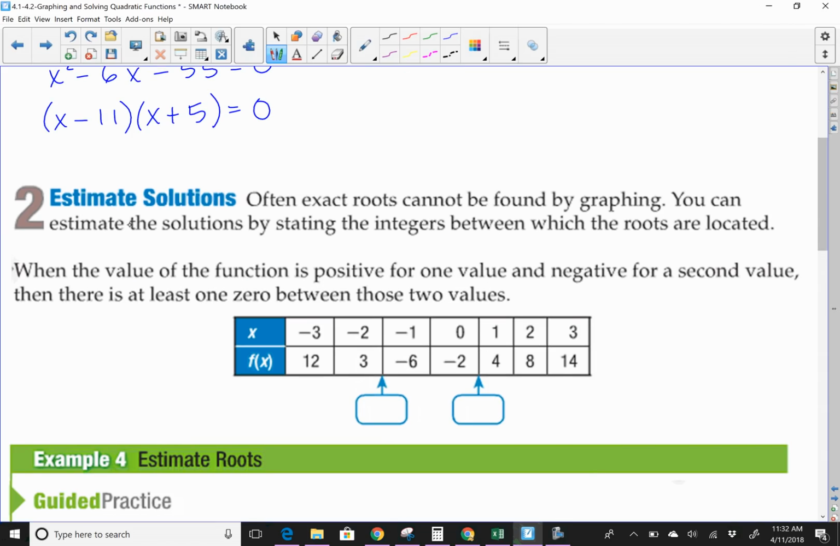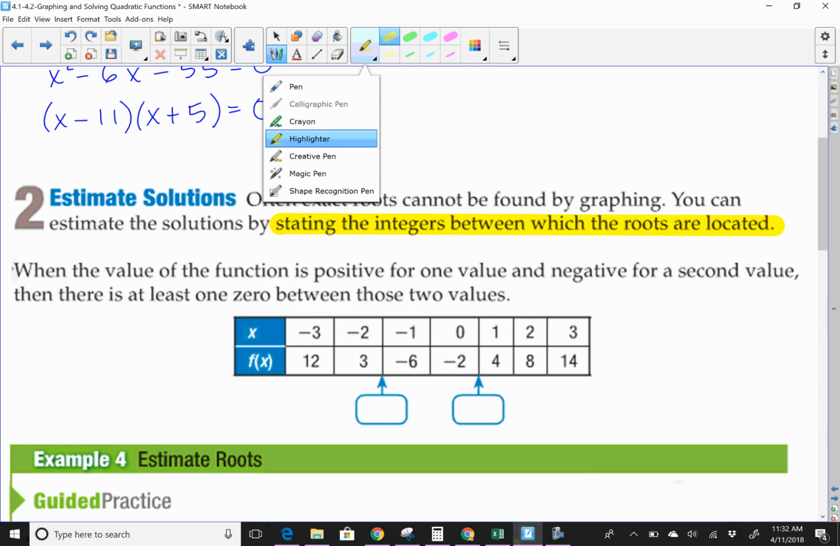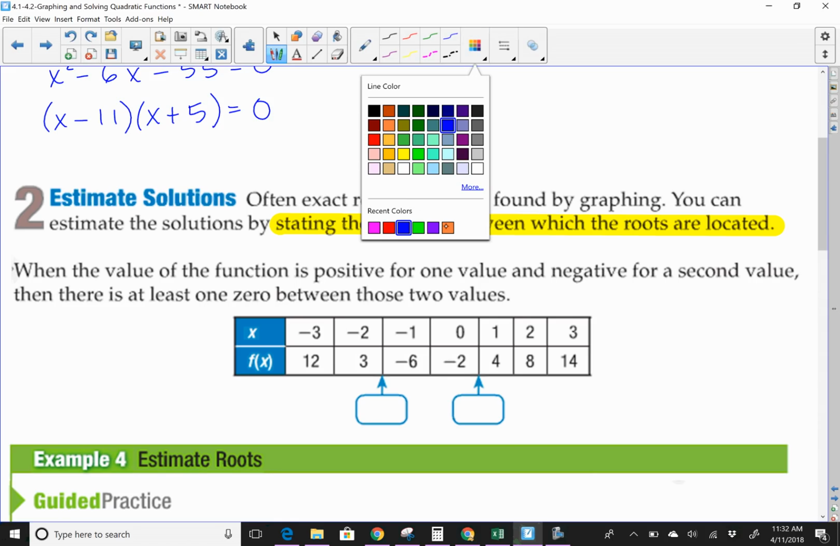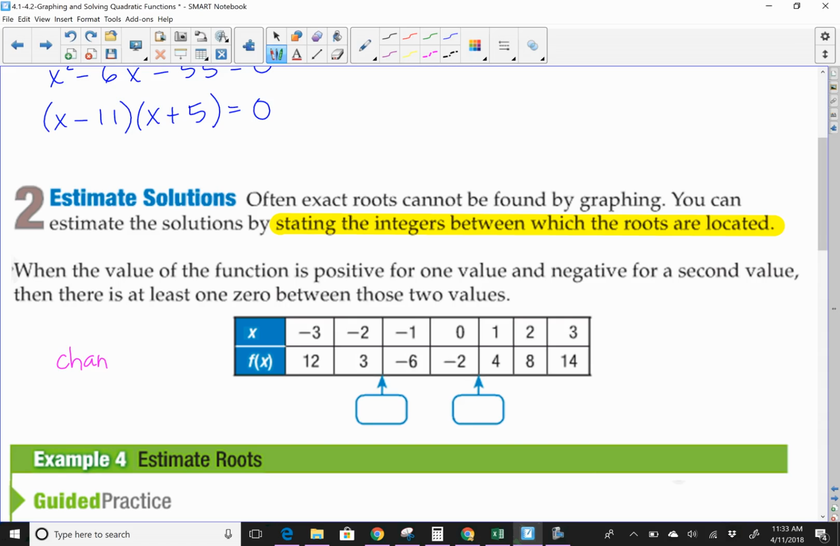Estimating solutions. Often exact roots cannot be found by graphing, so you estimate them by stating the integers in between which the roots are located. What you're looking for in your table of values is a change in the signs. This is positive, this is positive, this is negative. There's a change. I went from positive to negative, so there has to be a zero in between these two